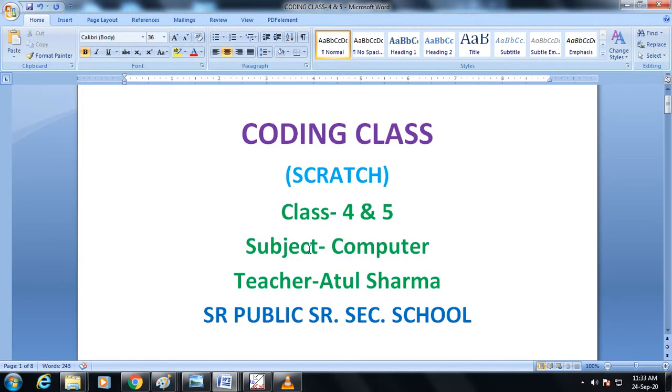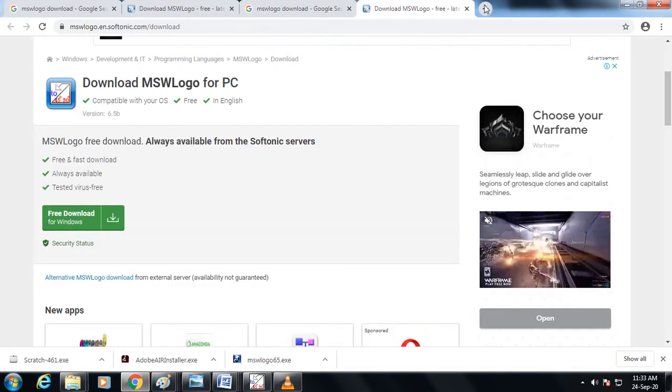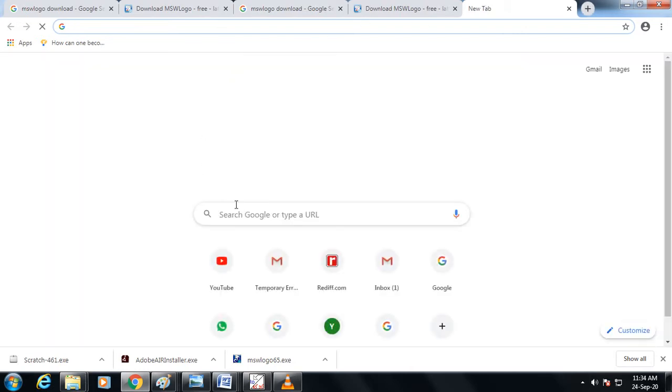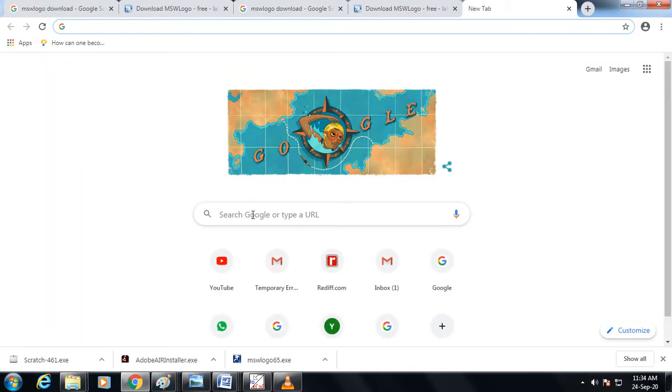If you want to do coding in Scratch, first of all you need to download this Scratch software. How can you download this Scratch software? First of all, you need to open any browser, any Google browser. Fine.